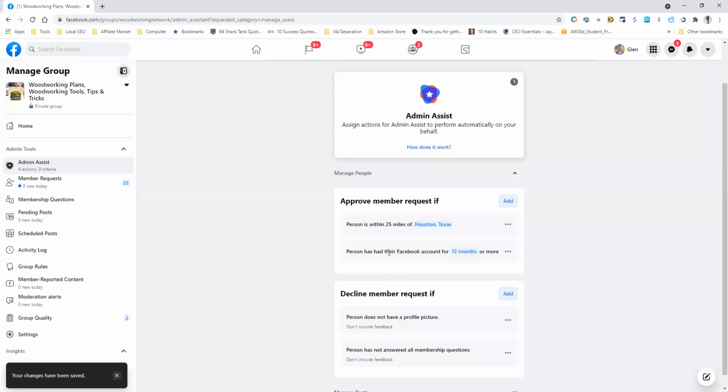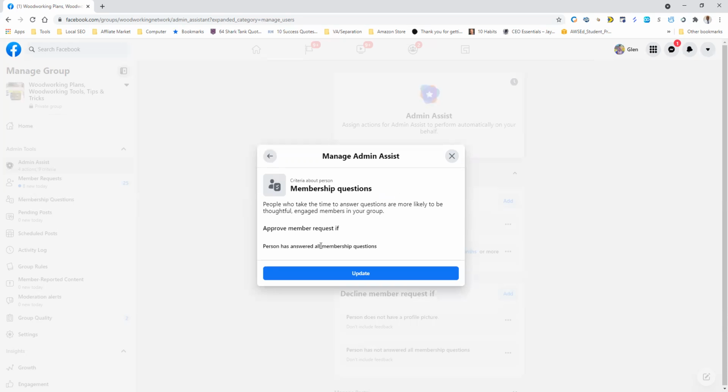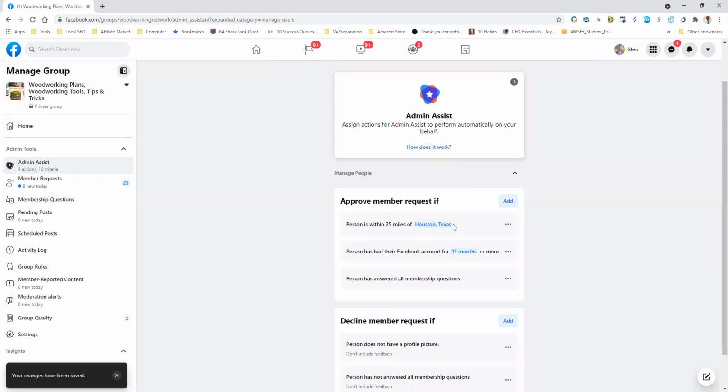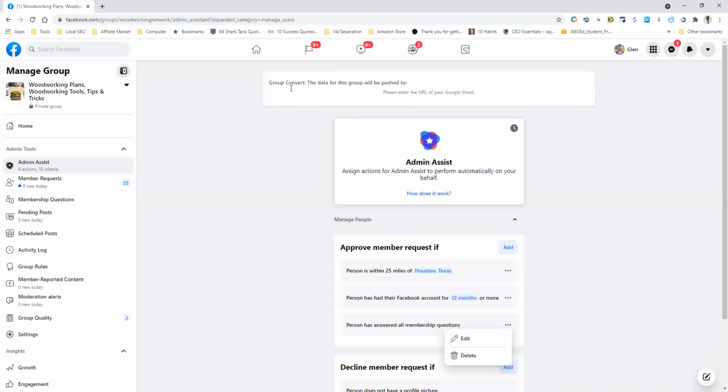I'm going to approve if they're within 25 miles of Houston, Texas, blah, blah, blah. I want to make sure that they answer my question. Update, approve if answer the question. Matter of fact, I'm going to delete this because whenever they answer all the questions, I have a particular software called Group Convert.